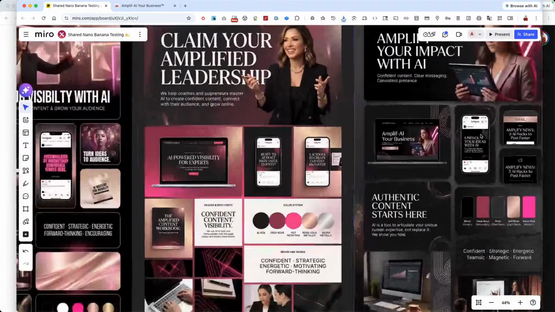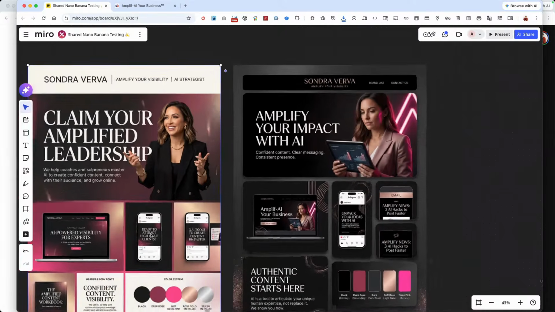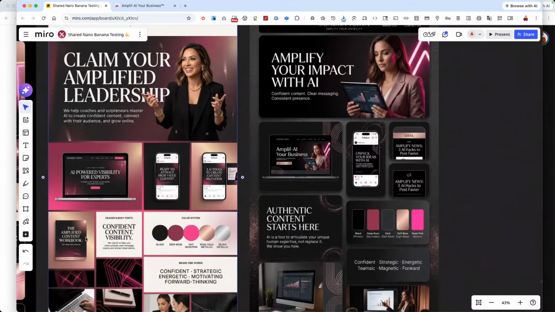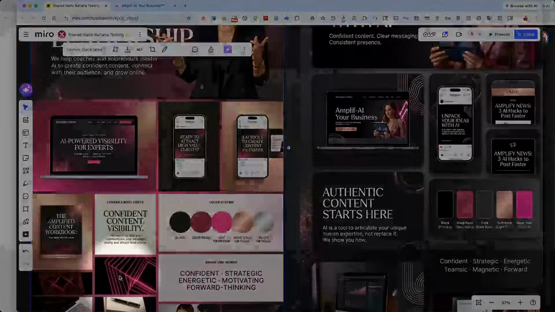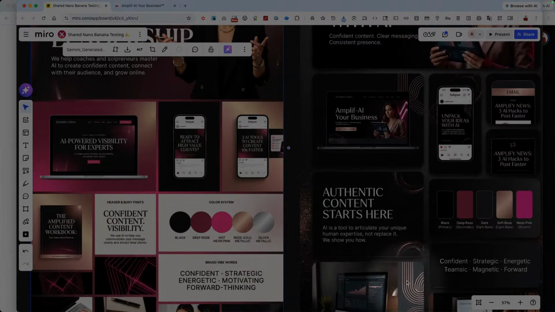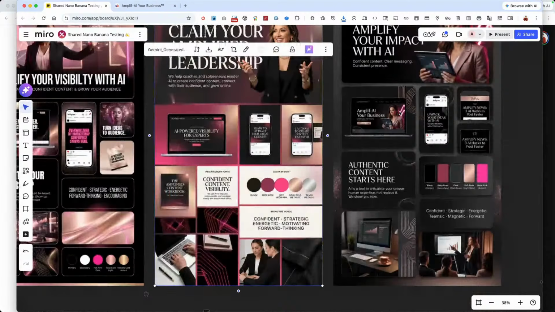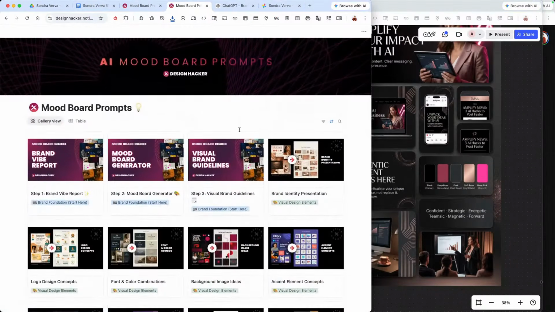It's almost like showing the AI light and dark combos. They have a similar Art Deco look. You may get confusion mixing this kind of look with the gold Art Deco, but I could tighten that up later. So what I would try now is over in the mood board prompts, we have the visual brand guidelines,